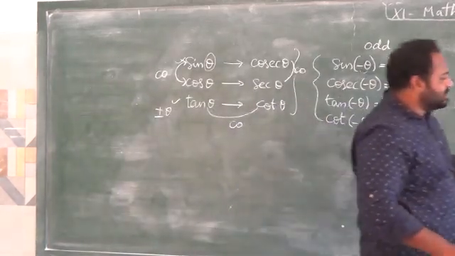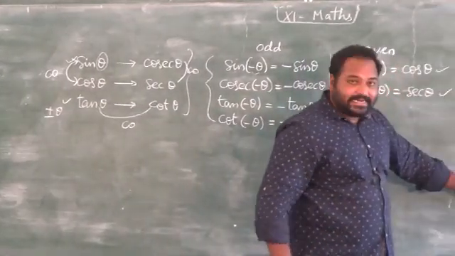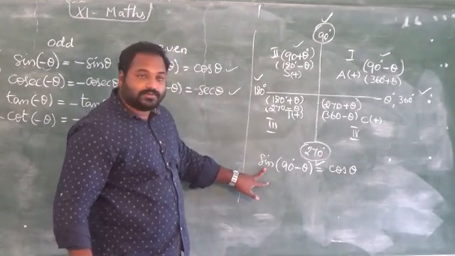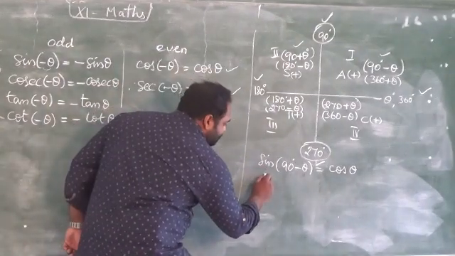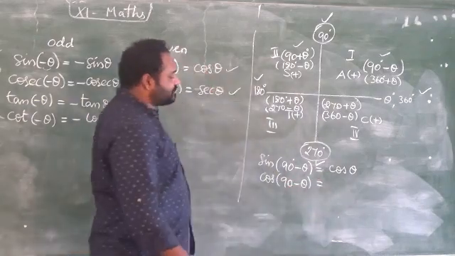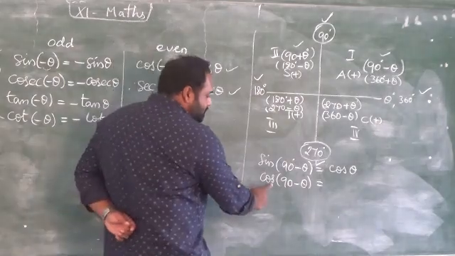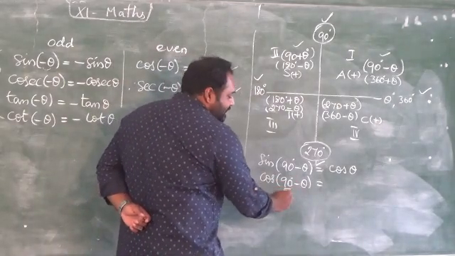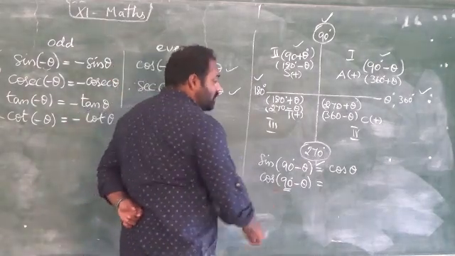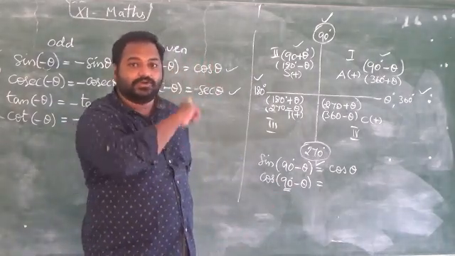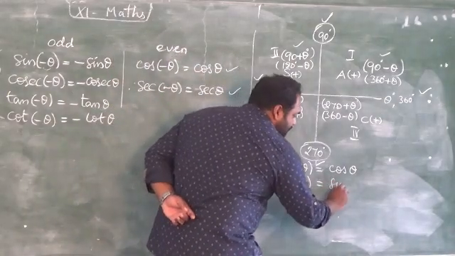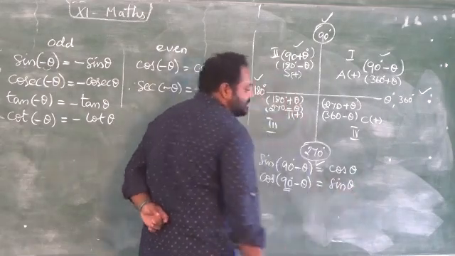So when you have this format, with 90 degrees or 270 degrees, we have to change into the co-ratio. Sine, cos, 90 minus theta: how can we write it? What is the co-ratio here? Since we have a 90 here, as soon as you see the 90 degree value, immediately remember first we have to change into the co-ratio. What is the co-ratio of cos? Sine. The theta stays as it is.